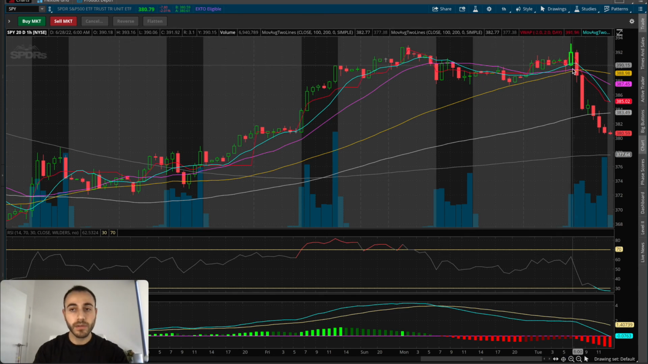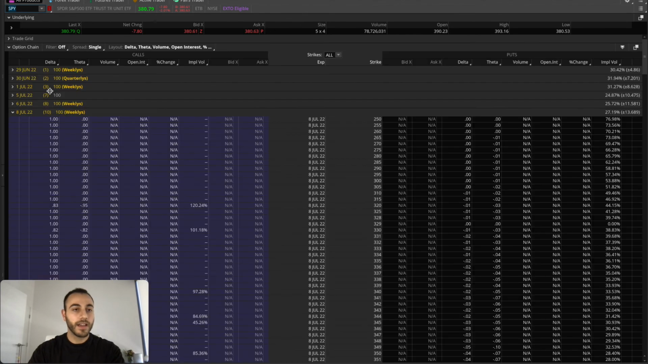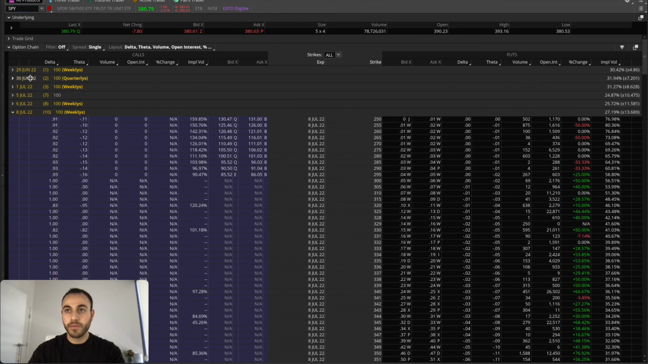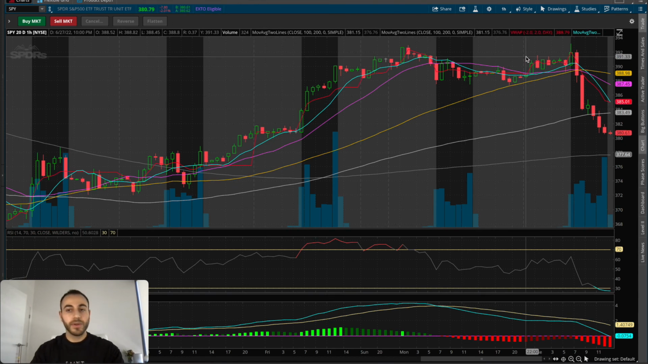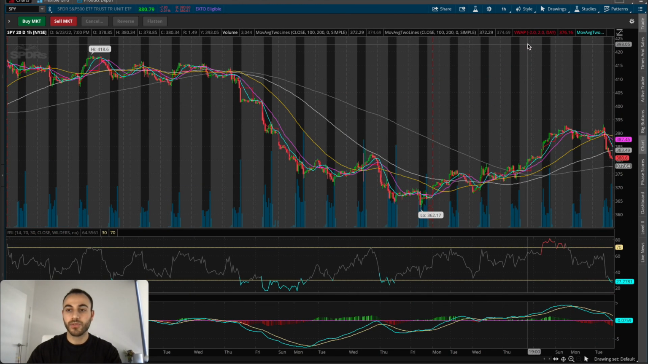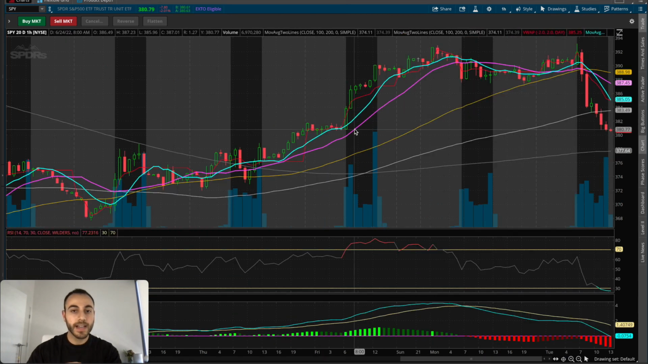So if you got into your puts here at the beginning of the day, for example, and you held them all the way to the price target of 382, you can see that SPY puts right now are trading, since the beginning of the day, they have rallied more than 200%. So you would have walked away with a pretty significant gain just playing the double top pattern as I showed you here and making the retest your